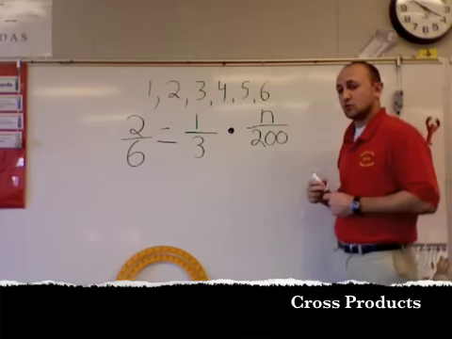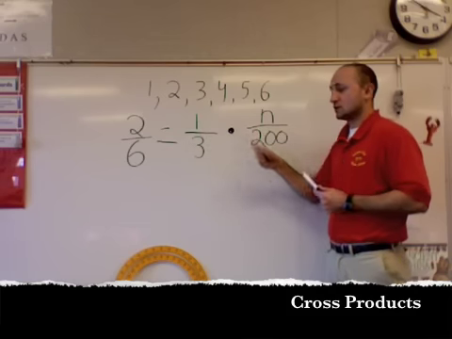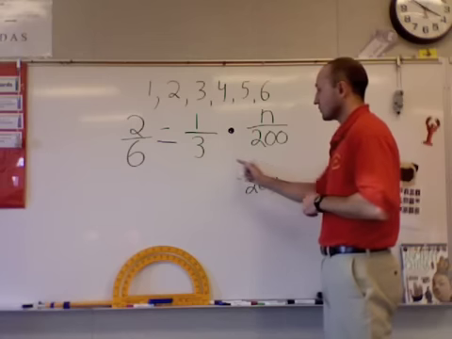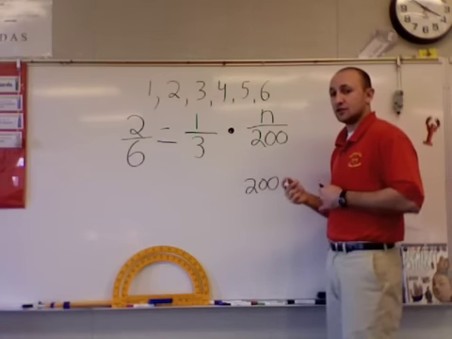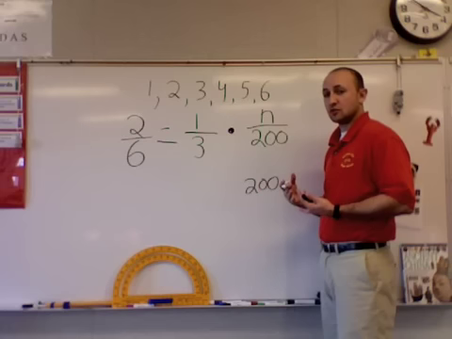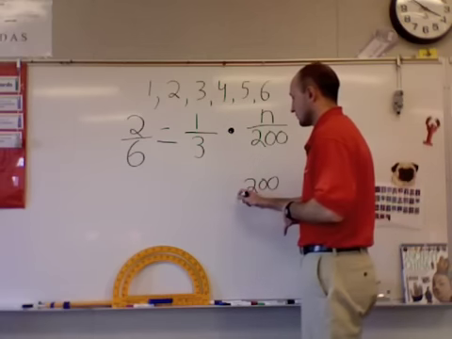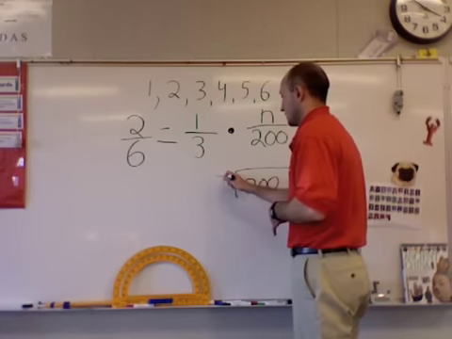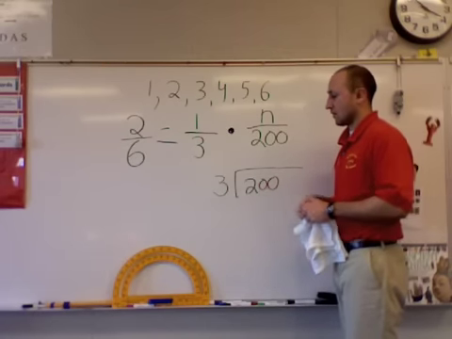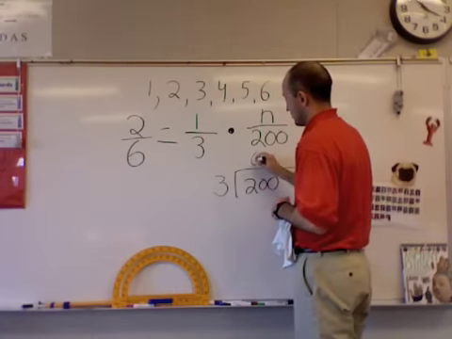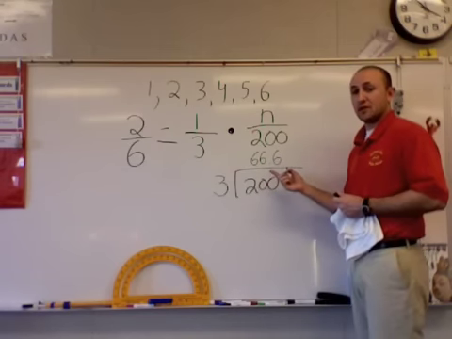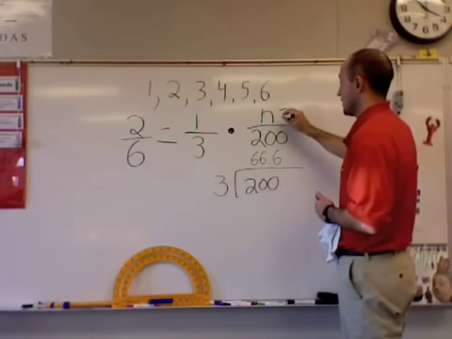And to solve this, we just do a little cross multiplication. 1 times 200, we know it's 200. 3 times n is equal to 3n. So to get the n by itself, we're going to do the opposite operation. So I divide by 3, which means I want to now divide this by 3. So we know that 200 divided by 3 is going to be 66.6. To make it easier on me, I can round this and say that